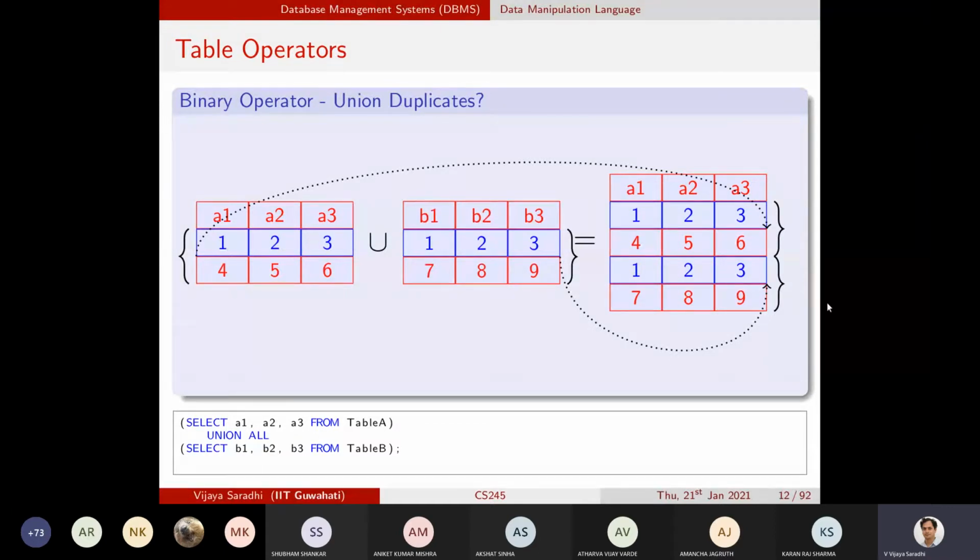However, you also note one more point: none of these tables that are the result of the select statement are stored onto the disk. Even the earlier statements that we have performed, select only columns, select only rows, select rows and columns, and so on, and these operations that we are trying to learn, they all result in a new table, and this new table will not be residing on the disk. It is computed and then shown to the user.